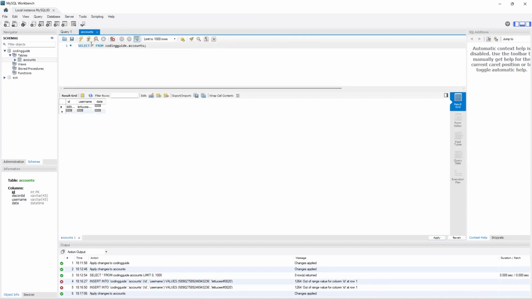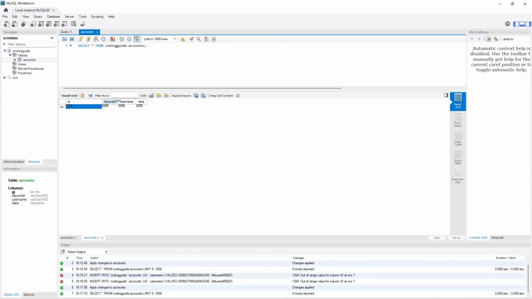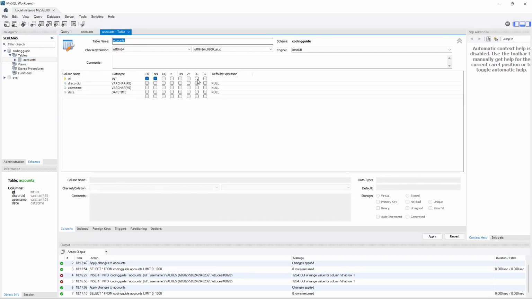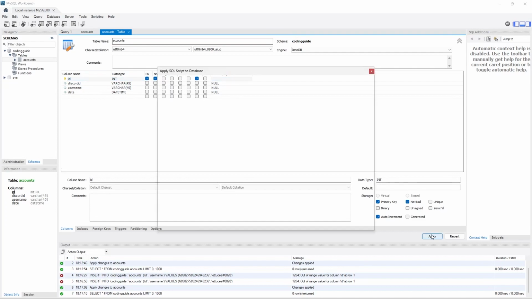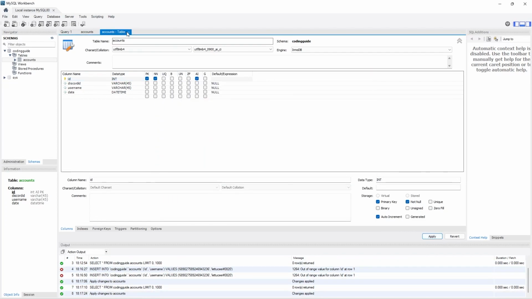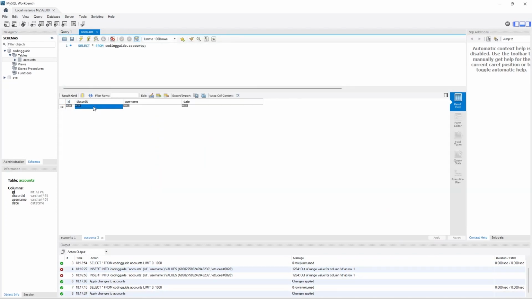And if we come back here, so the ID is, we can change this to auto increment, apply, so I can leave this blank. For the Discord ID, it was this and then this, and if I apply this,